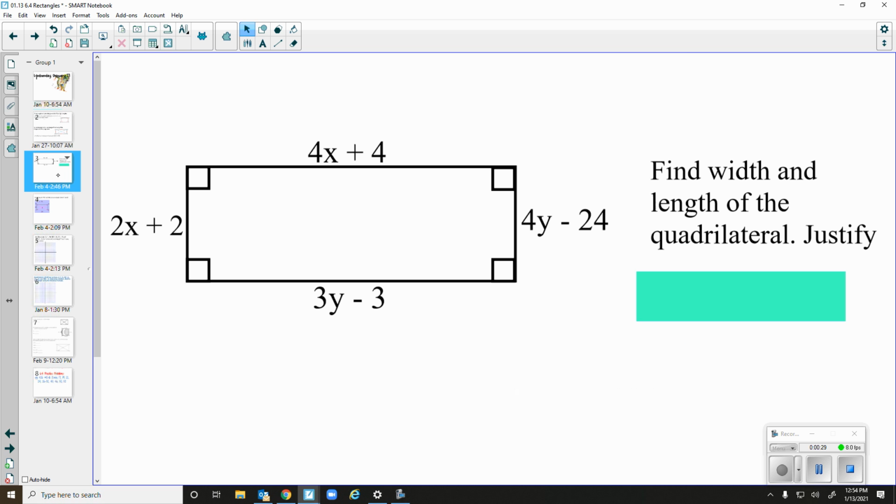All right, so we're just going to jump straight into solving. Find the length of the quadrilateral. On that quadrilateral, is there enough markings to know what type of quadrilateral it is? What's the marking that tells you that you have a special quadrilateral? The right angles prove that it's a rectangle, right? So just because of the markings, it guarantees that it's a rectangle, which means our opposite sides are congruent, which means we can set up